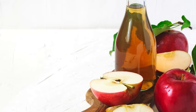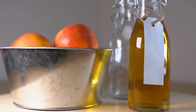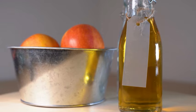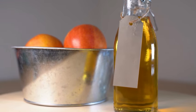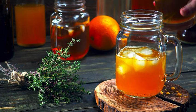Fights bad breath. Apple cider vinegar is effective in fighting bad breath because of its antibacterial properties, which help eliminate odor-causing bacteria in the mouth. It can be used as a mouthwash, killing bacteria and balancing the pH of the mouth, which prevents the overgrowth